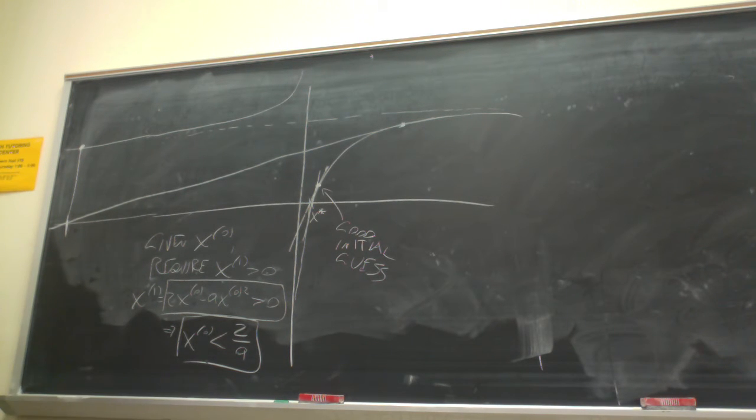Now, when I first realized this, the first time I taught this subject, I thought, well, that's really impractical. Like you have to know something about your solution to get your solution. So why are we doing this? What's the point? But then later, I heard a now retired computer science faculty member here at USM talk about, over lunch at McDonald's, that he thought that Newton's method was actually the best way to do division. And I'm thinking, what are you talking about? You need a good initial guess, and you need this information about your answer to get the initial guess. So I thought about it later, and I realized, oh, he actually has a point,